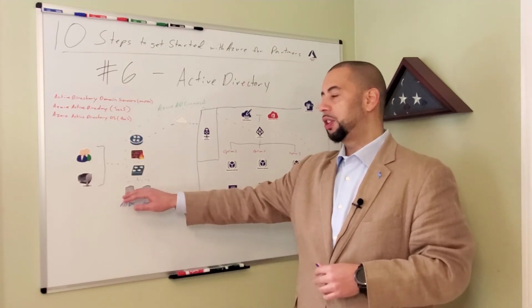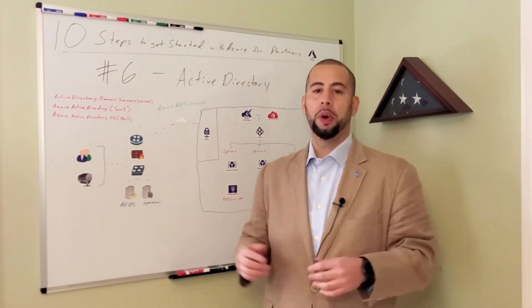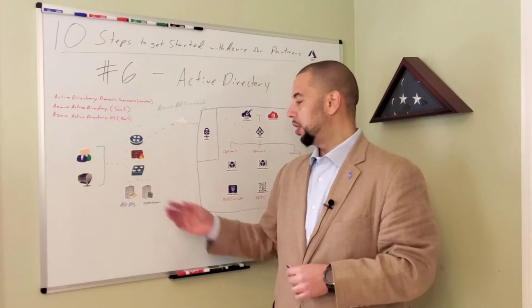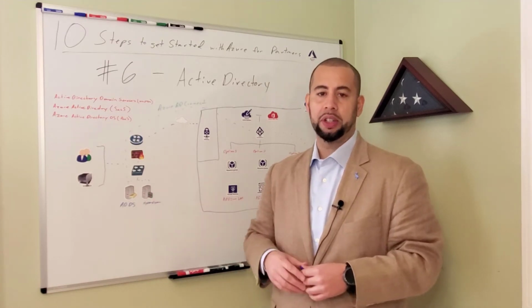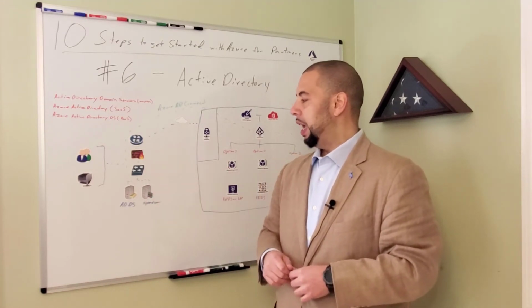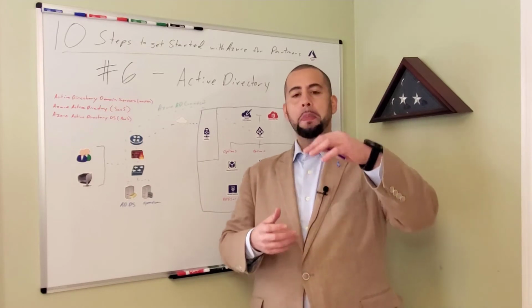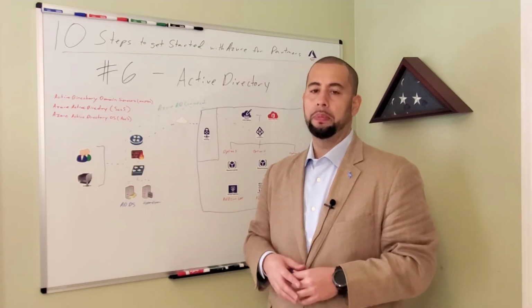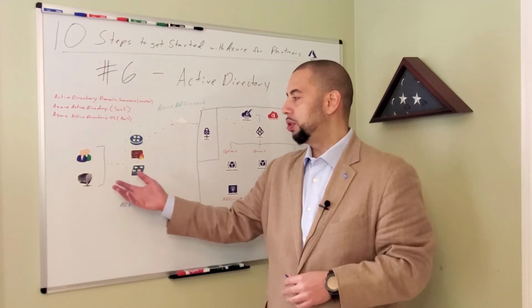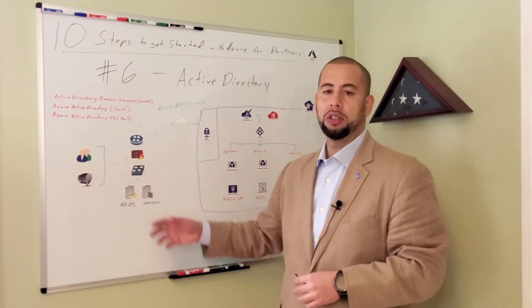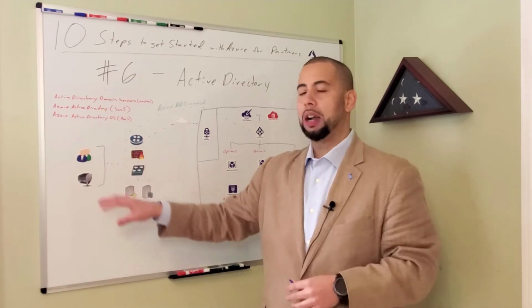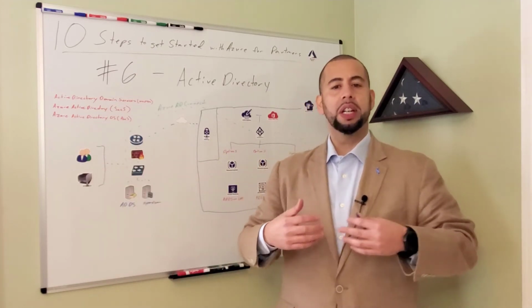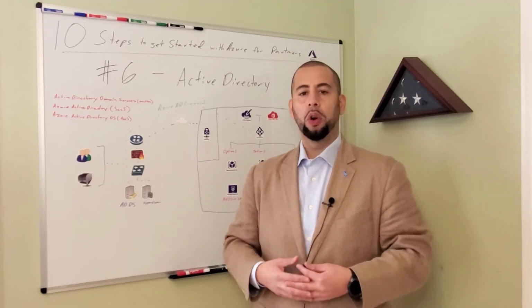It's that old physical box that you have in a closet somewhere or a colo facility, or it's a virtual machine in a hypervisor cluster somewhere. And it allows you to create that domain structure, right? That schema where you have your companyname.com, and you can create organizational units where you can put your user accounts in one OU and your computer accounts in a different OU, and you can leverage NTLM and Kerberos for authentication